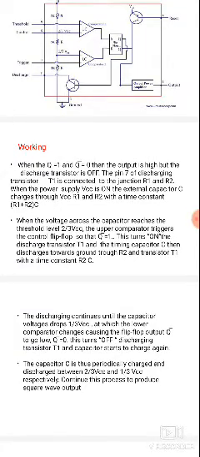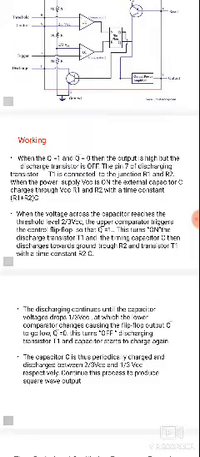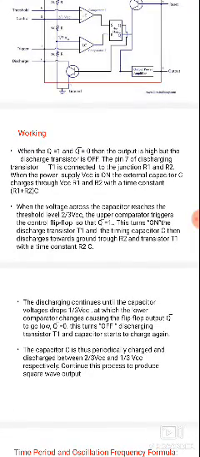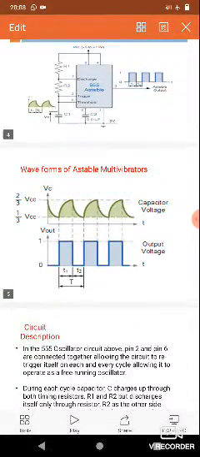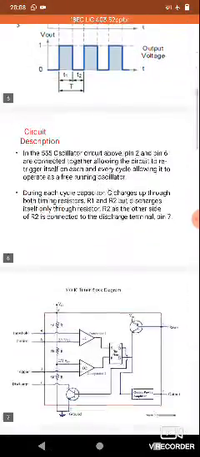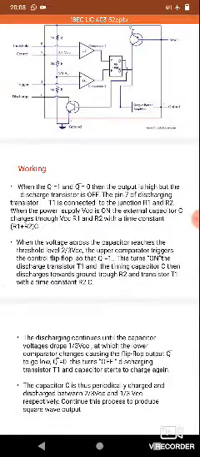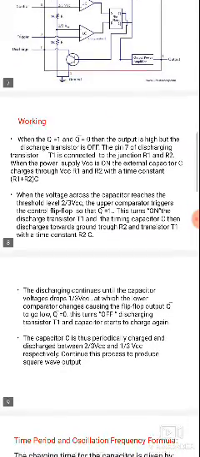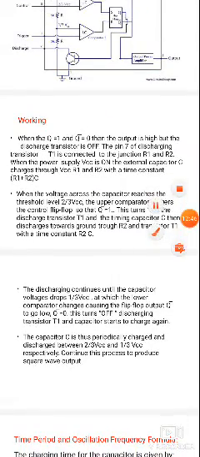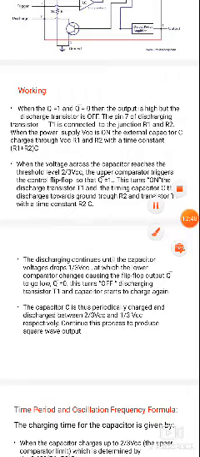It will be only in the charging condition, and pin 7, the discharge transistor, is connected to the junction of R1 and R2 through VCC. The capacitor charges through R1 and R2 from VCC with a time constant of (R1 + R2) times C. Next, when the voltage across the capacitor reaches 2/3 VCC,